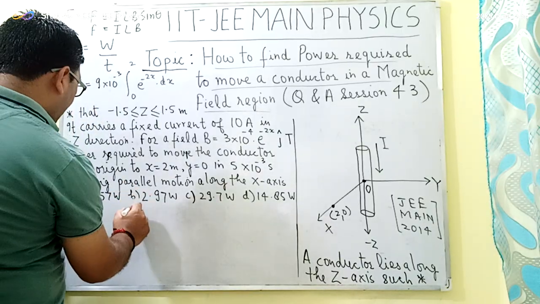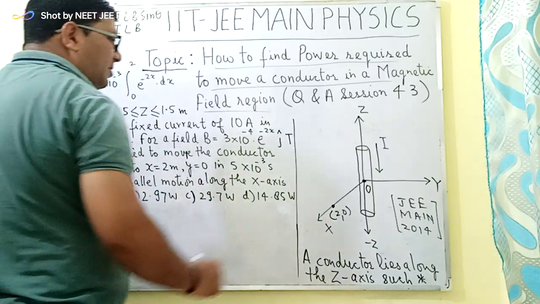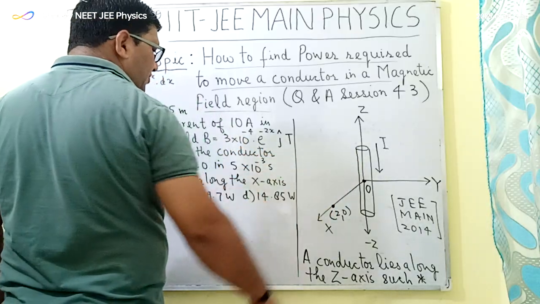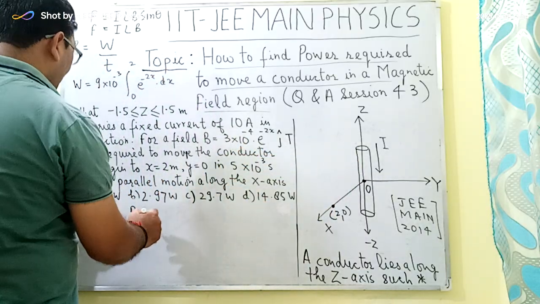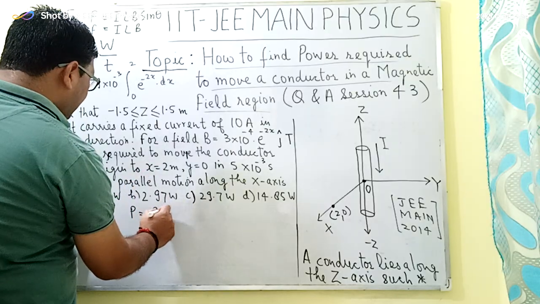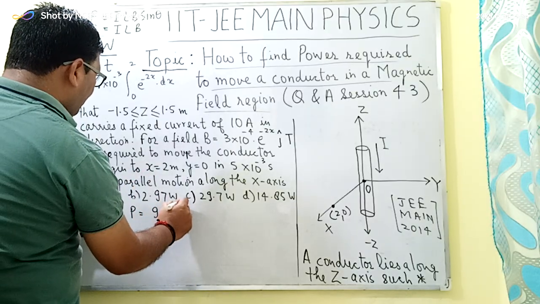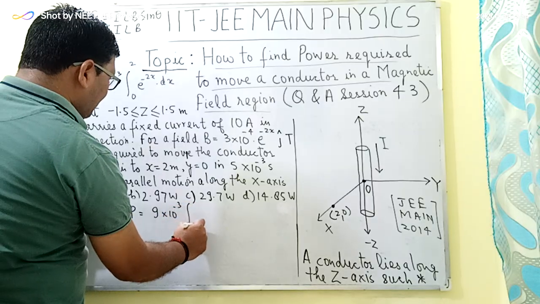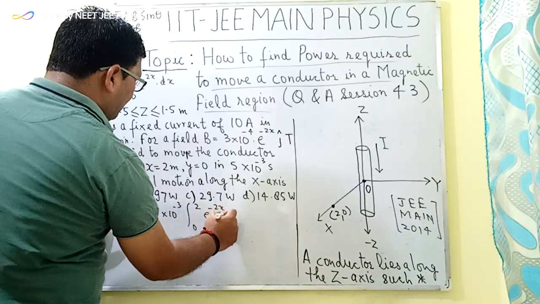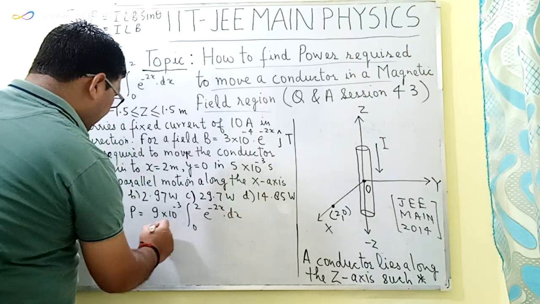Now, the power required in moving the conductor from the origin to the point x equal to 2 and y equal to 0 meter will be equal to 9 into 10 to the power minus 3, integration within the limits of 0 and 2, e to the power minus 2x dx, divided by